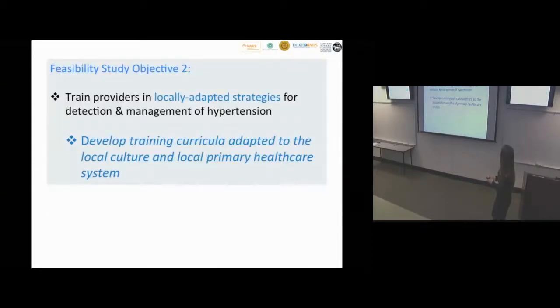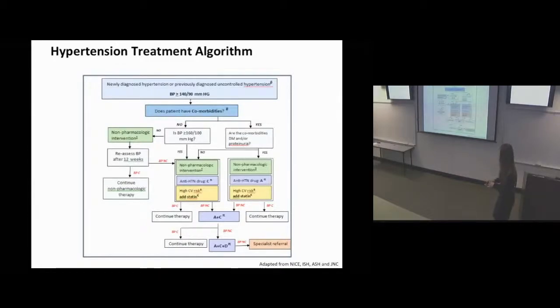And then it was training, and as far as training was concerned, let me share with you how this went about. First was coming up with the treatment algorithm. I'm not going to go into the details of this. We had to keep this simple enough for the practitioners to follow, but based on evidence, right? You cannot have two different sets of standards, and it has to be consistent with the most recent international guidelines, so your NICE UK and the JNC8 as much as possible.